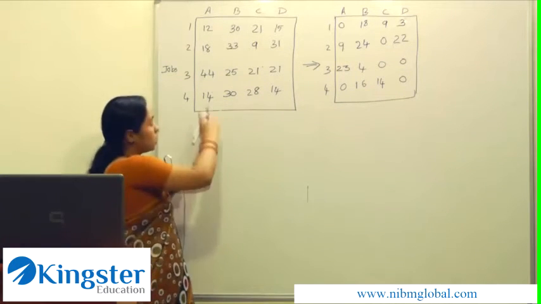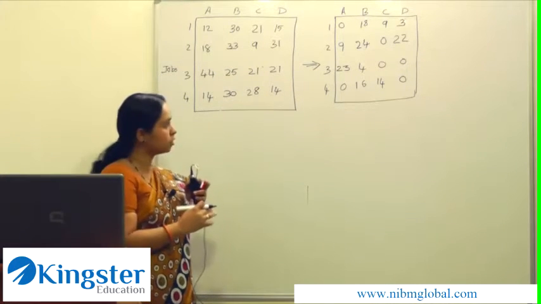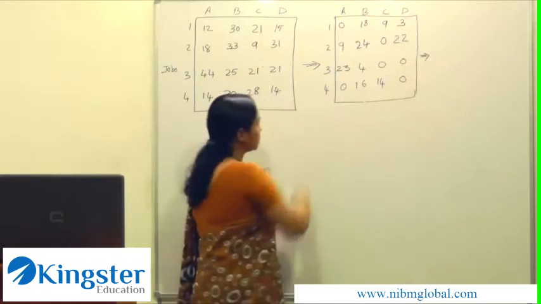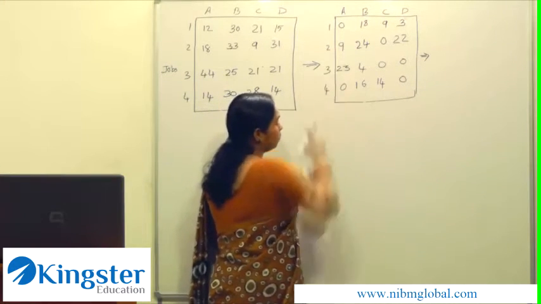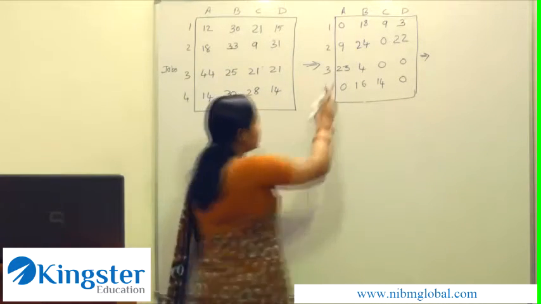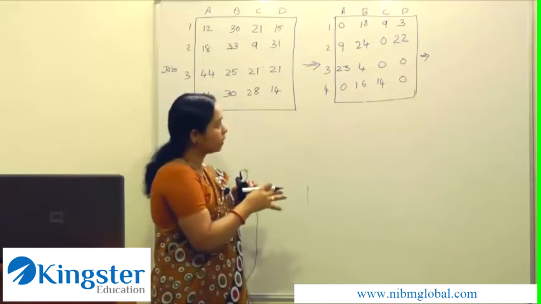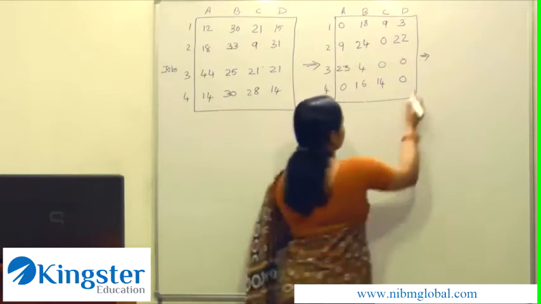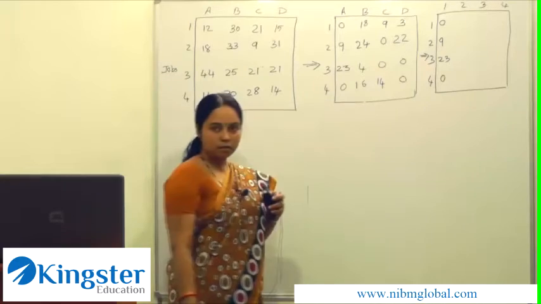Find the smallest value in each row and take the difference of that value from every element of that row. Now consider the reduced matrix, or a new matrix. In this matrix, select the lowest value from each column and take the difference of that value from every element of that column. Now consider the first column, the lowest element is 0, so we get the same value in the first column. No changes are required in the first column.